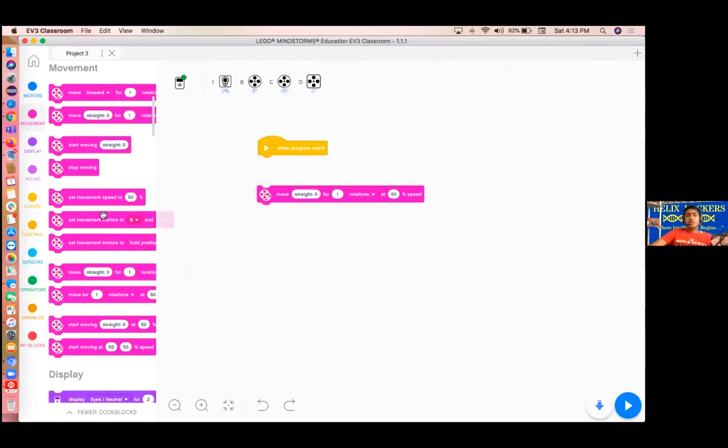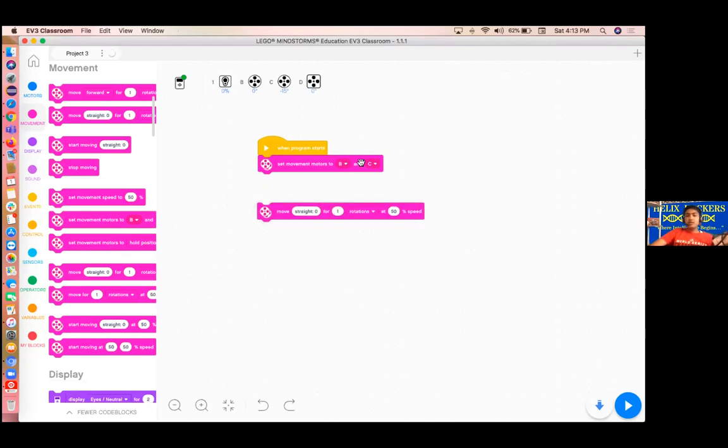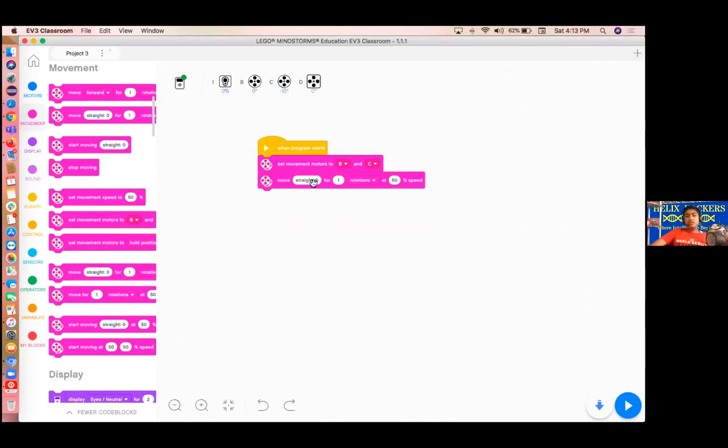But what you should do before you start any program is put a set movement motors block to B and C. This will make it so that your movement motors will be set for the whole program. That's why we recommend you do this. And then you can go ahead and put this here. So right now it's going straight for 1 rotation at 50 speed. So if I run this,